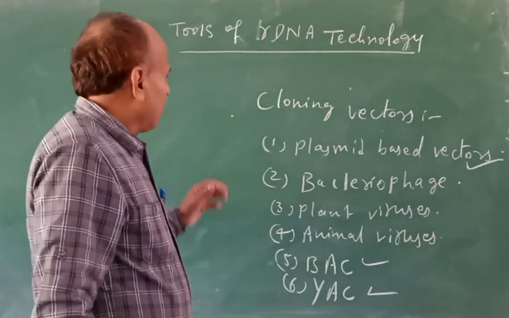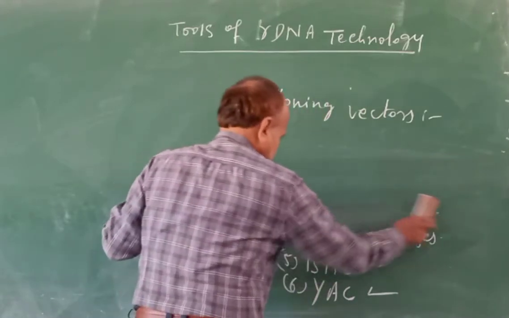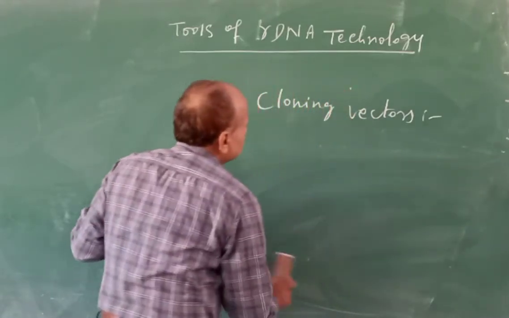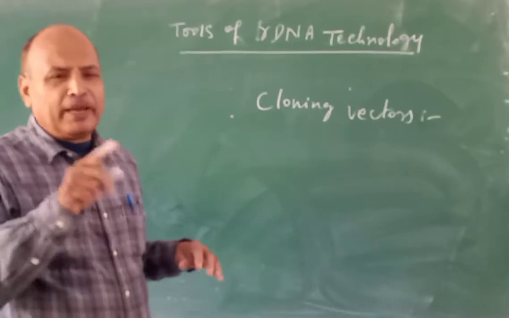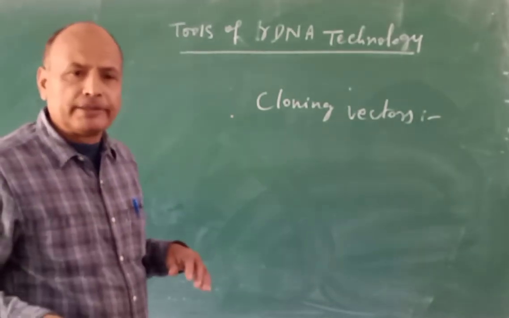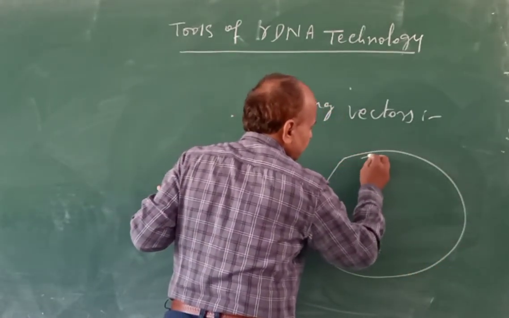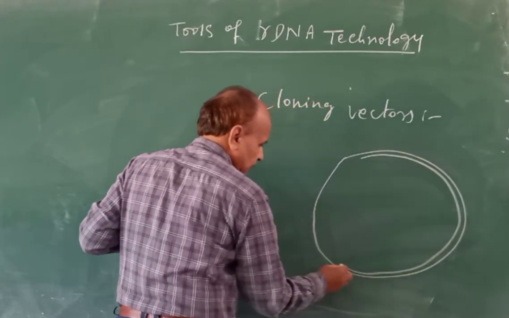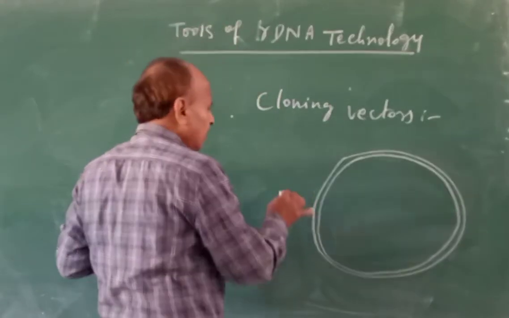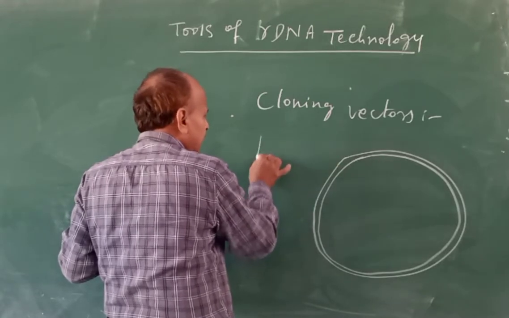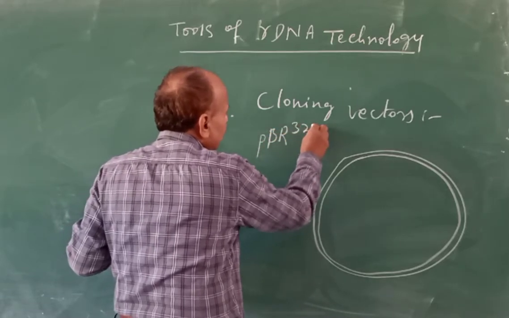अब हम एक प्लाज्मिड बेस्ड वेक्टर की चर्चा करते हैं, ठीक है? प्लाज्मिड बेस्ड वेक्टर, one of the plasmid based vector is pBR322। आपके बुक में pBR322 का डायग्राम बना है, ठीक है? pBR322 दिस इज ए प्लाज्मिड बेस्ड वेक्टर। कौन सा वेक्टर है ये? इसका नाम क्या है? pBR322।